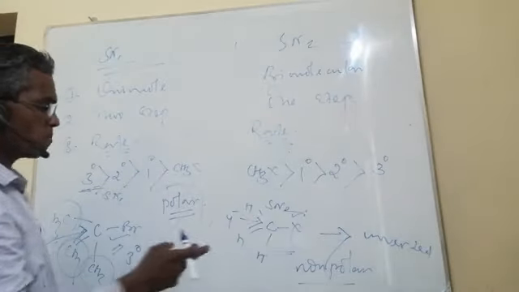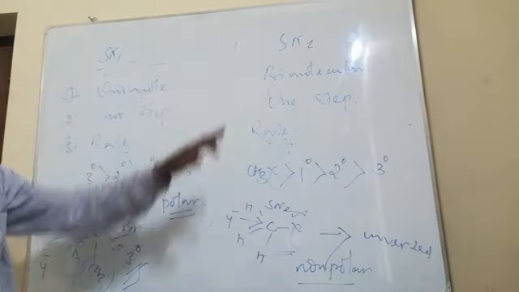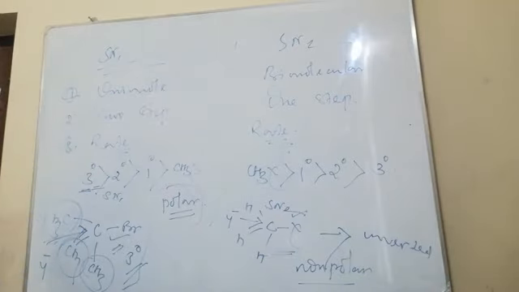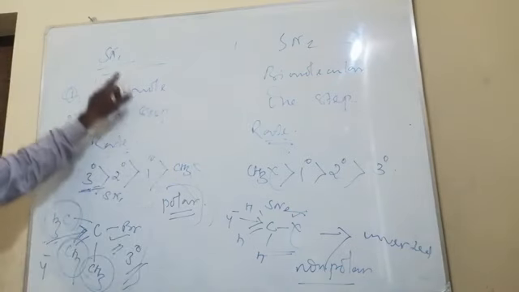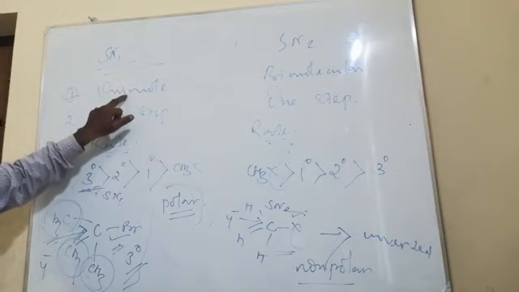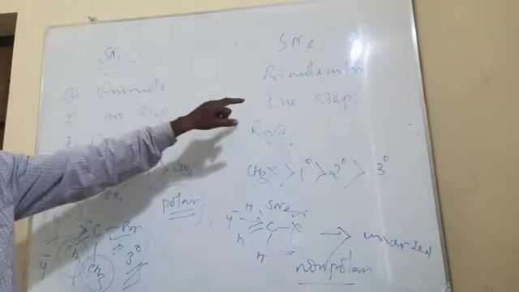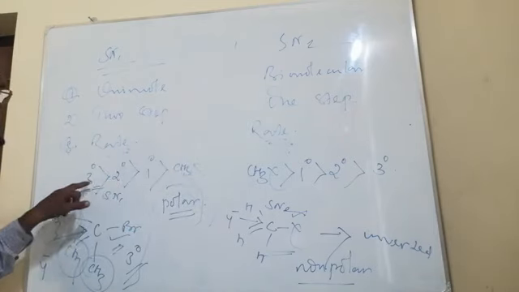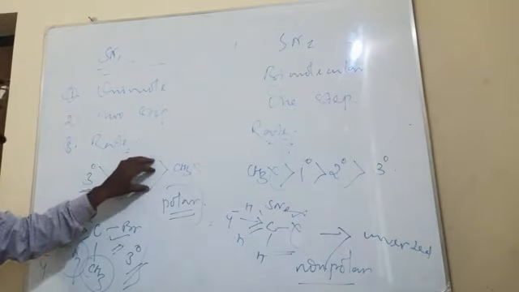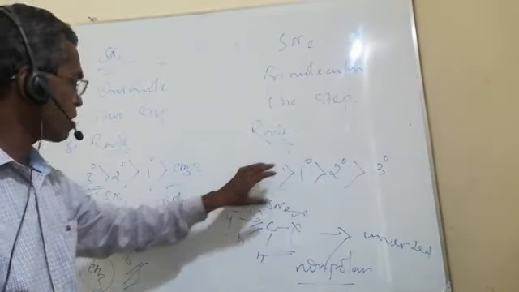These are the 4 important points we have as far as the differences between SN1 and SN2 are concerned. Non-polar favoring SN2 substitution, polar solvents favoring SN1 substitution. First point is, this is unimolecular, that one is bimolecular. This is a 2-step process, that is a 1-step process. Rate depends on the structure of alkyl halide. Tertiary alkyl halide is more favorable, then secondary, primary and methyl halide. Whereas it is exactly the reverse in the case of SN2 substitution.